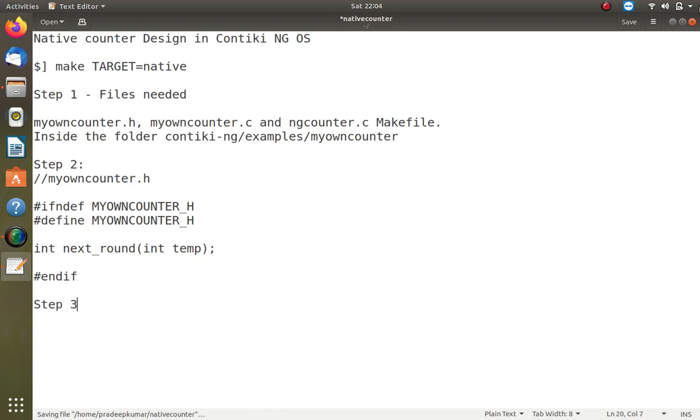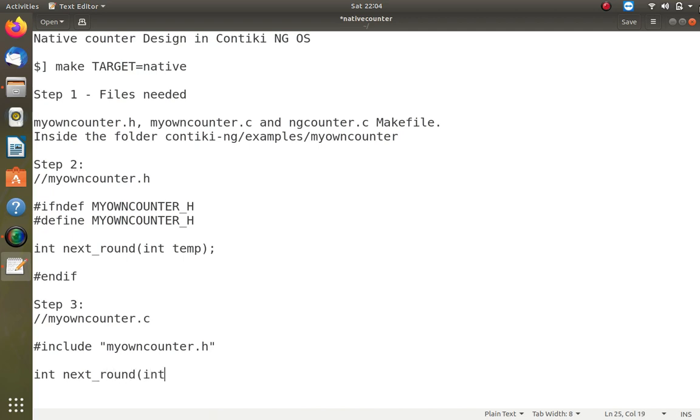Step 3 is I define myowncounter.c. In this file I will be including the header file of my own counter. The first line will be #include within double quotes "myowncounter.h". Then I implement the function int next_round(int temp), where temp is a temporary variable.